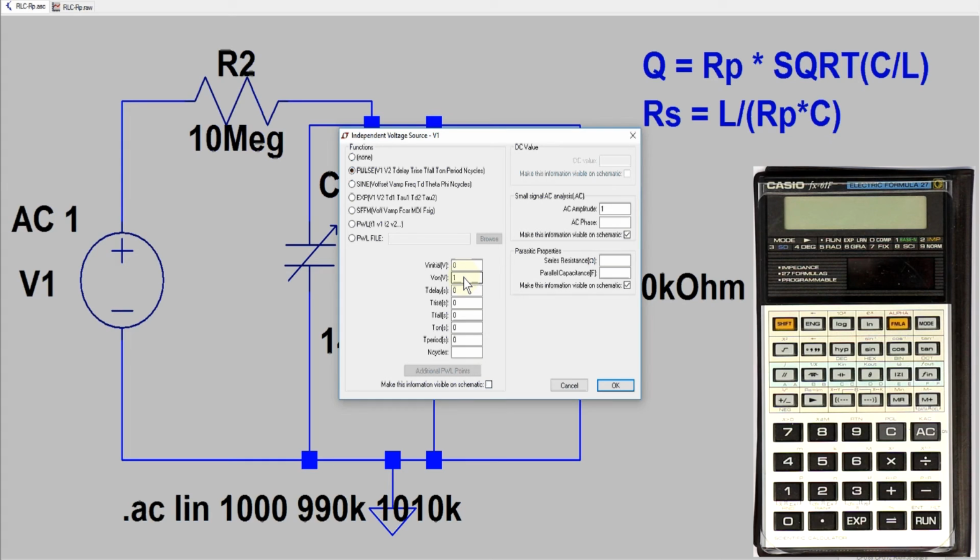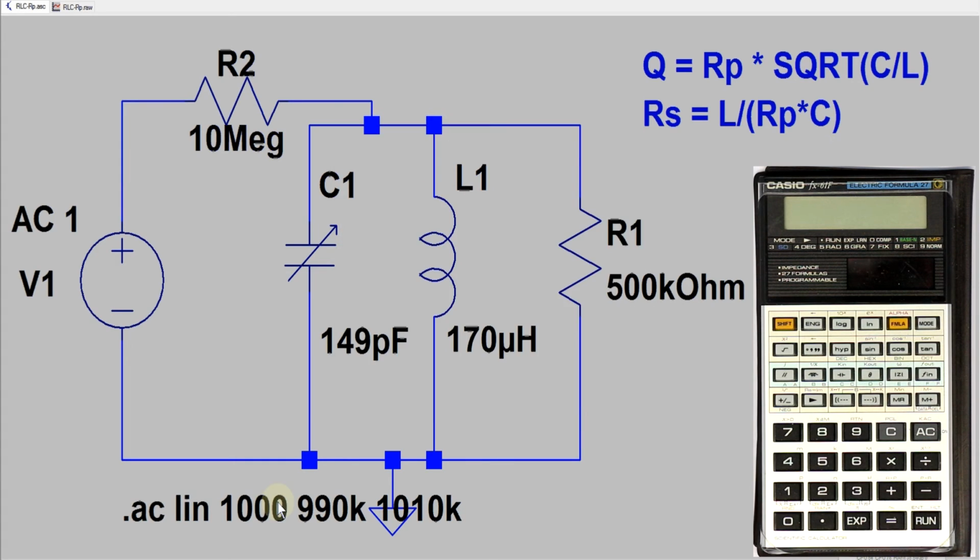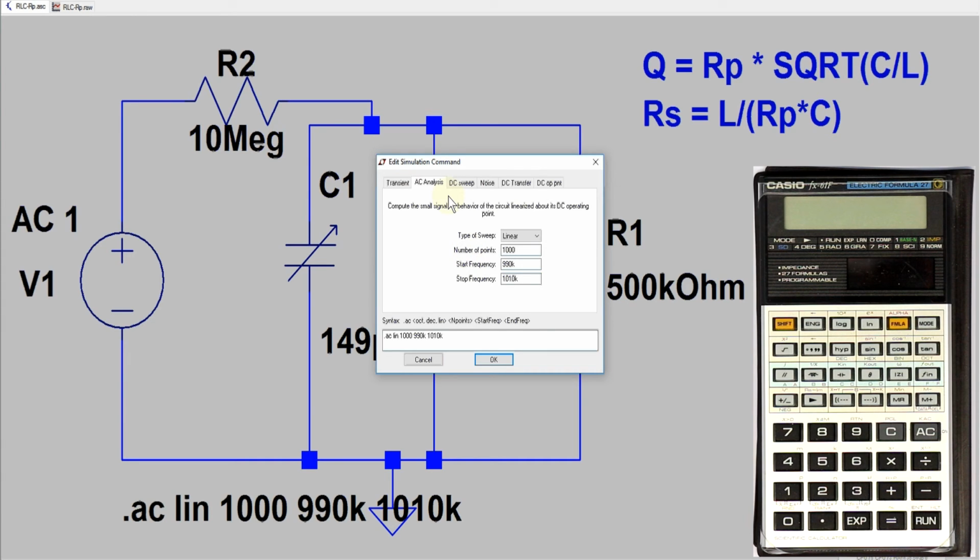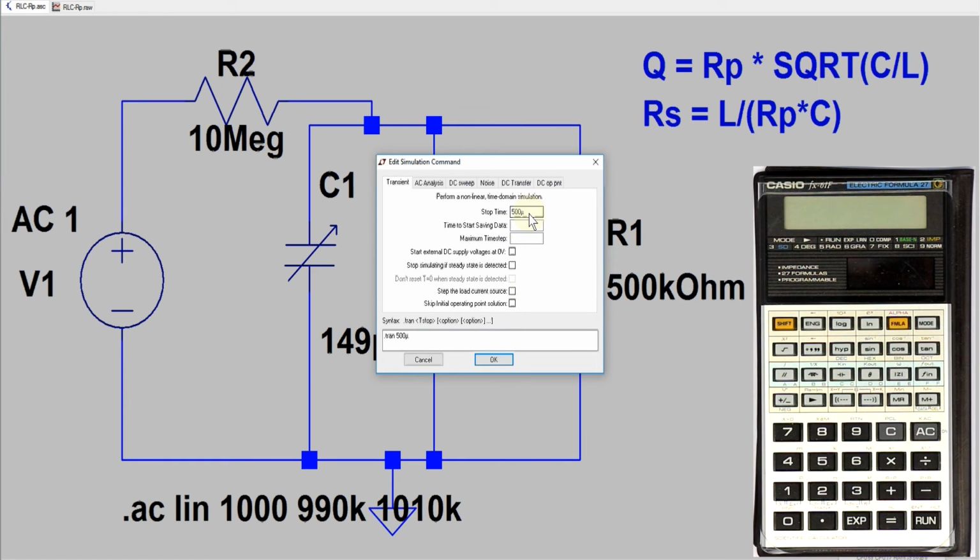The voltage doesn't matter here. And now we change from frequency sweep to transient analysis. So we take a look at how the circuit behaves if it gets excited with a square wave,